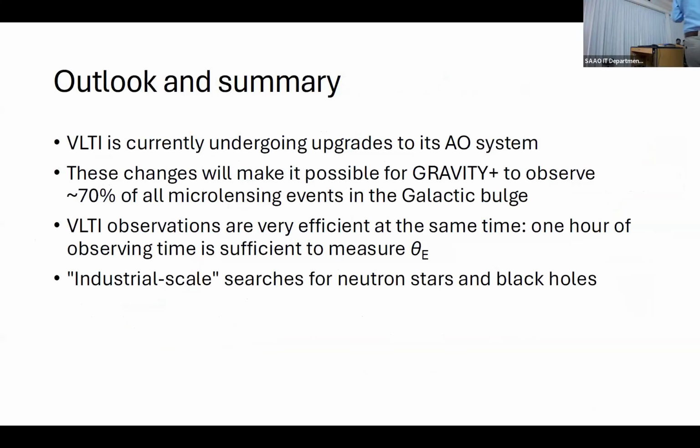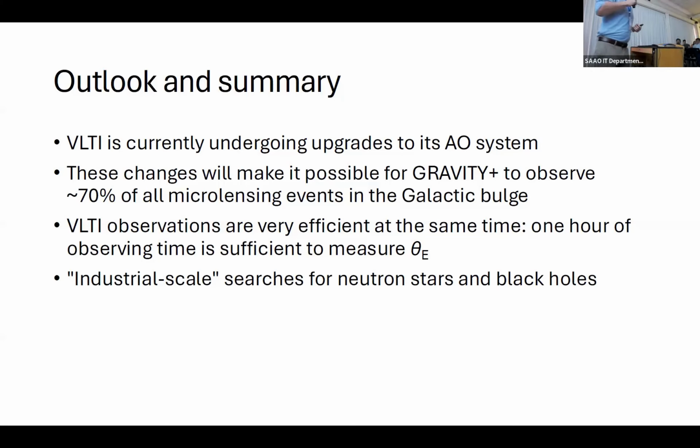Currently, we don't have any more observations because the VLTI, the Very Large Telescope Interferometer, is undergoing upgrades to its adaptive optics system, so the instrument is not available. However, these changes, when completed, will allow us to go even deeper than currently, and we estimate that we should be able to observe as many as 60 to 70% of all microlensing events in the galactic center